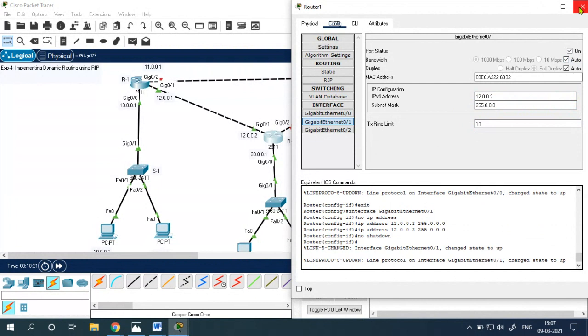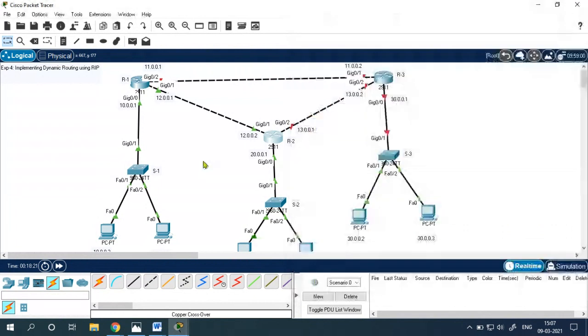Here you can see this line is also on now. Gigabit 0/2 is remaining.